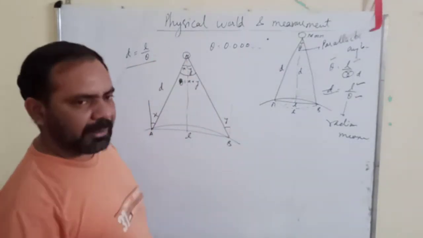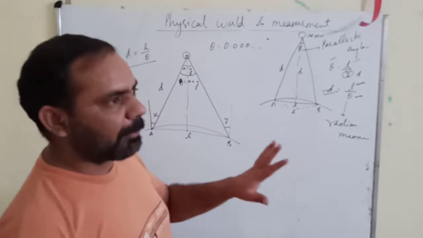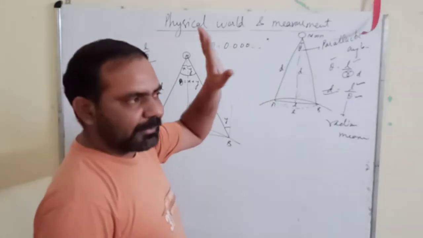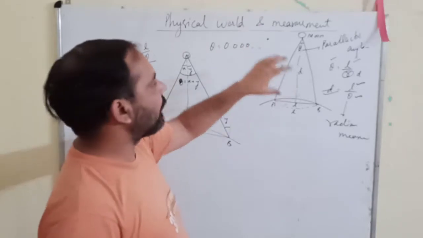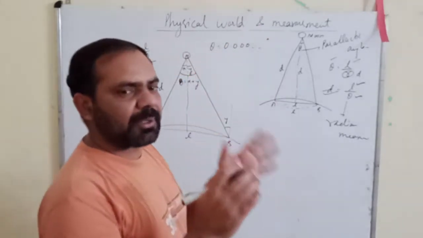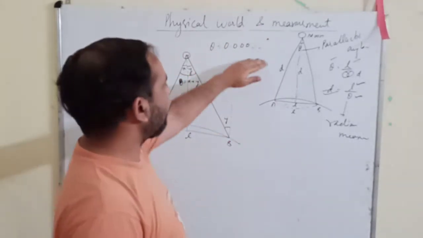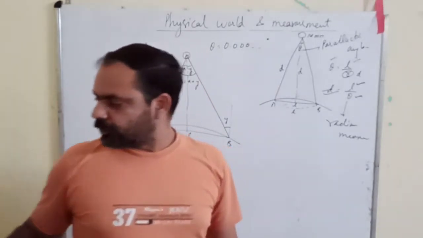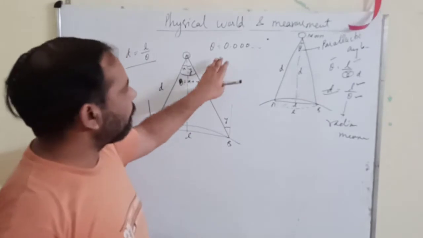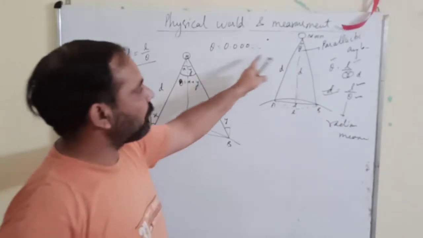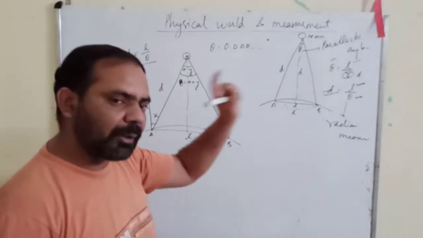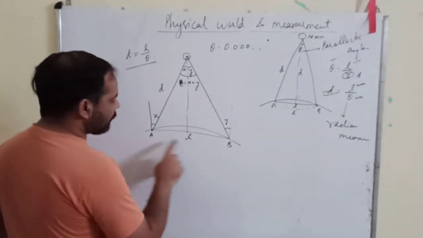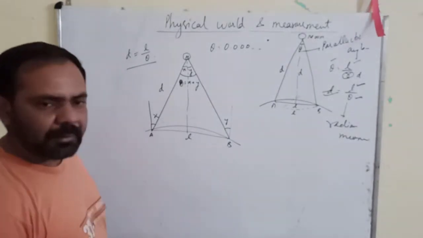Now I'll come back to that point, that the major hurdle in this method is the observation of angle. Generally this angle is so small that it is difficult to even observe it. Because the value is so small, it becomes very difficult to measure. So what we can do here is increase this angle. And how can we increase the angle? We will have to increase the distance between the 2 points A and B.